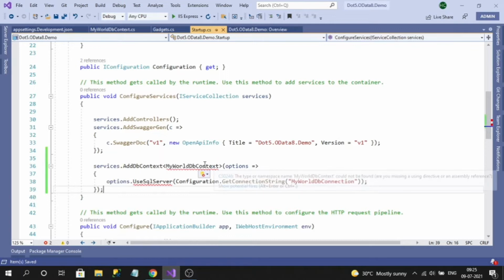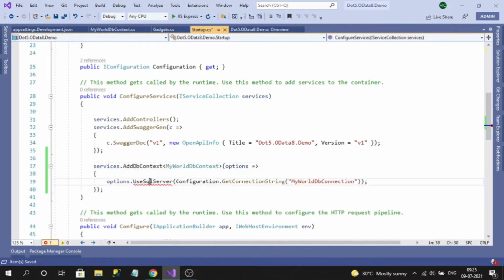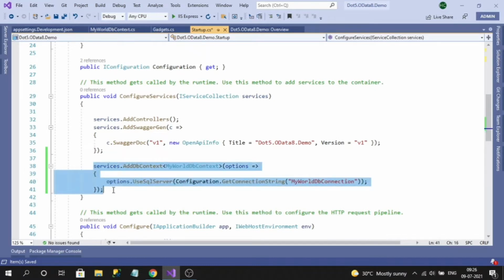So like this, we need to register. So let's import the namespaces. So this way we need to register our DB context. So here we are loading our connection string. So we are done with configuring our database.